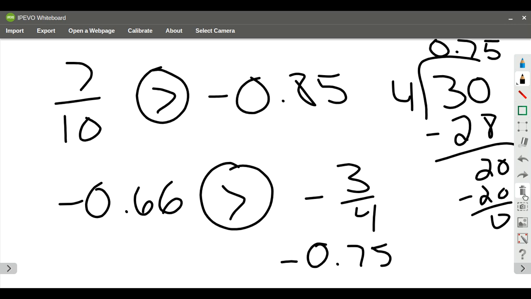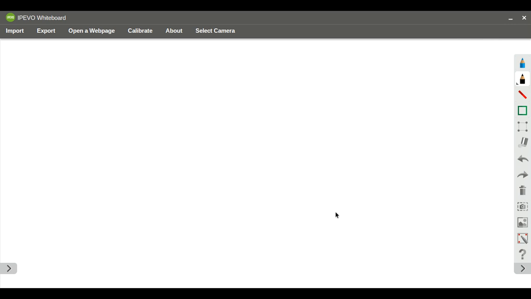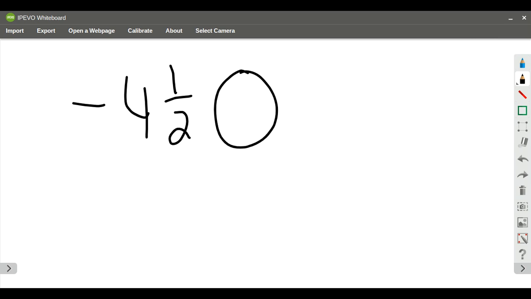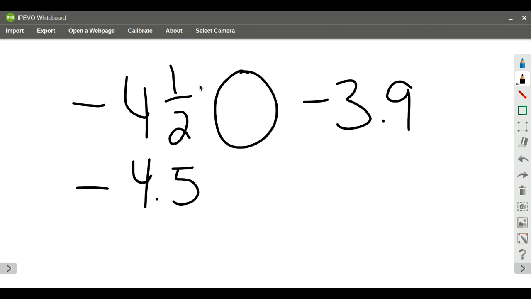Okay, so if we take a look at one more, so I have negative 4 1/2, and I'm going to compare that to negative 3.9. So negative 4 1/2, if I make that into a decimal, that's an easy one, right? Half is written as 0.5, and then I compare. This value is larger when it's just a positive number. So if I have it just as a positive number, 4.5 is a larger value. But because it's a negative number,